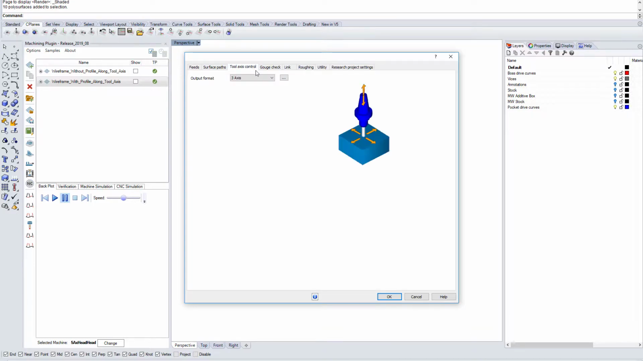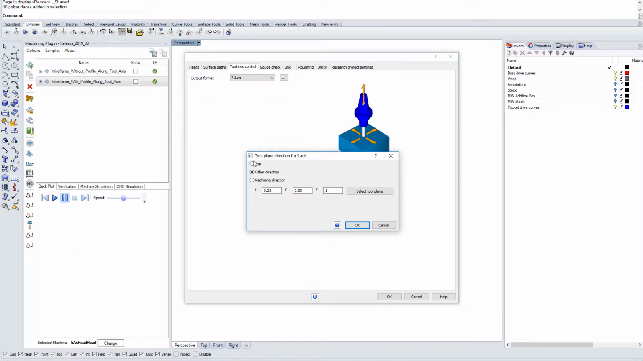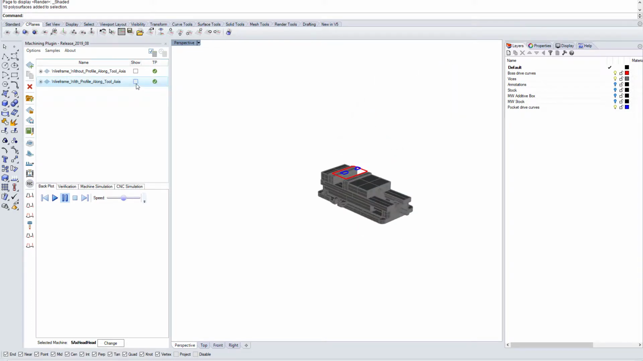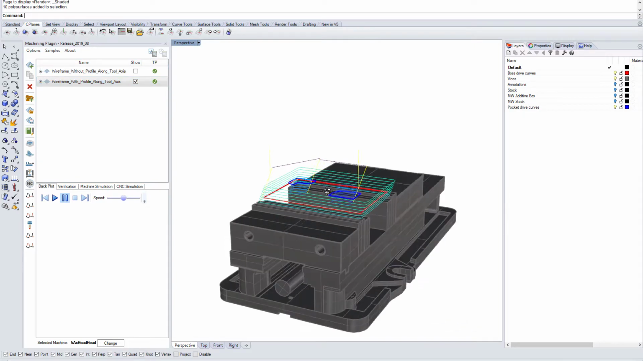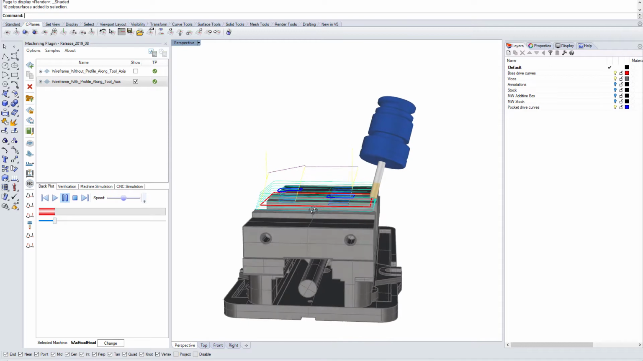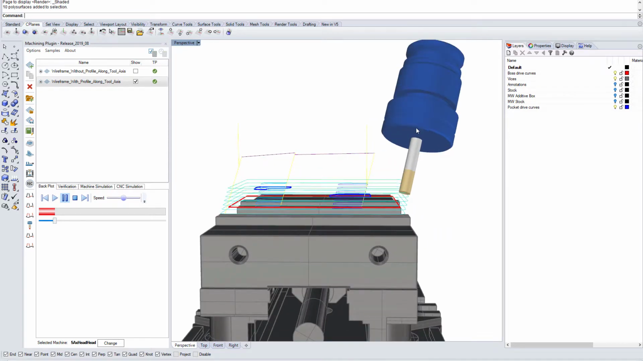So for that you need to give here another direction of the tool, so thus you can create the tool axis direction, and as you can see here, I'll present you can see the slices which are made along the tool axis,